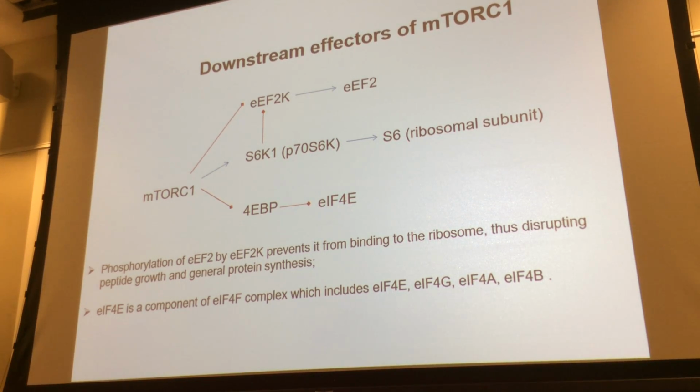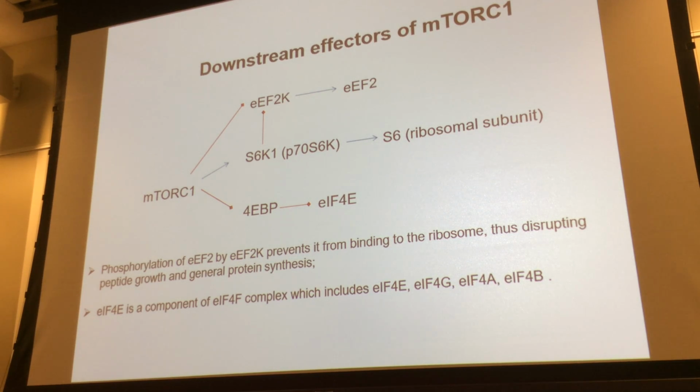Right? Okay. And the other thing, which is actually one of the main projects going on in the lab, is about eEF2K. As I said, I didn't include that in the previous slide. mTORC1 basically inhibits eEF2 kinase, which is obviously a kinase for eEF2. So what is eEF2? It's elongation factor 2. The phosphorylation of eEF2 disrupts peptide elongation and protein synthesis. So which means that when mTORC1 is activated,